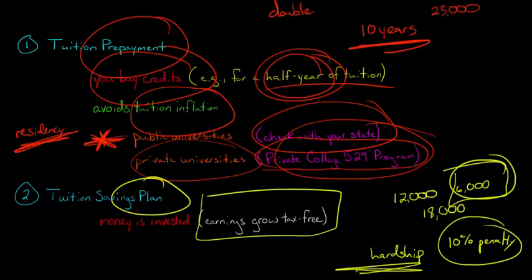You should definitely check with the specific plan in your state, or if you're going with a private college plan, you want to take a look at the specific details of the plan in question, because there are a lot of different types of 529